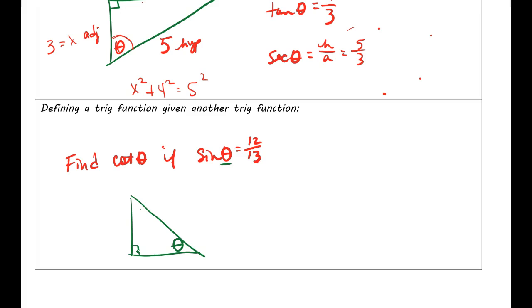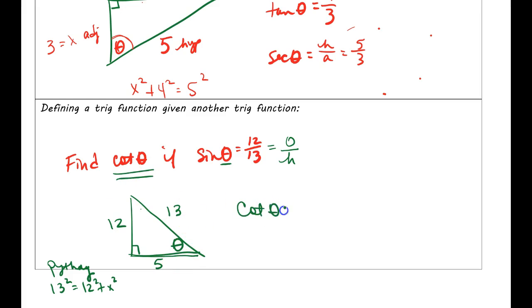Now, if the sine is 12/13, we have to think about what sine means. Sine is opposite over hypotenuse, okay? So make sure that the 12 goes opposite where you've labeled, and make sure that the 13 goes on the hypotenuse, and then it's your job to find the missing side. So once again, you either know this triangle from geometry, or if you don't, use the Pythagorean theorem and solve for it. 13 squared equals 12 squared plus x squared. When you solve that, you should get a 5.